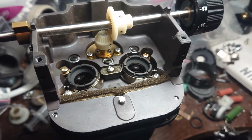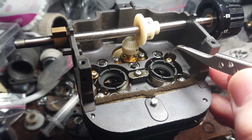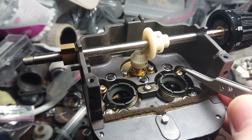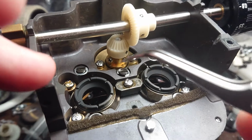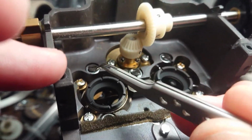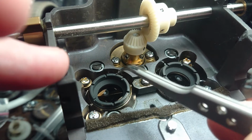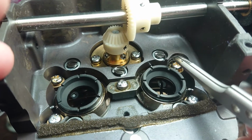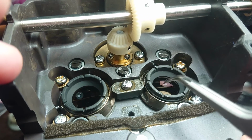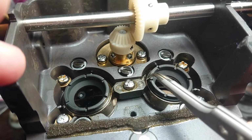Hello everybody. We can see now the first lens blocks or lens cells of the Olympus SZ6045. I just released the tightening bolts. Now those blocks move easily, and with those blocks I'll try to make a proper adjustment, because so far